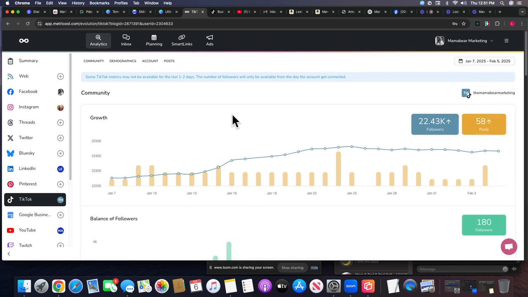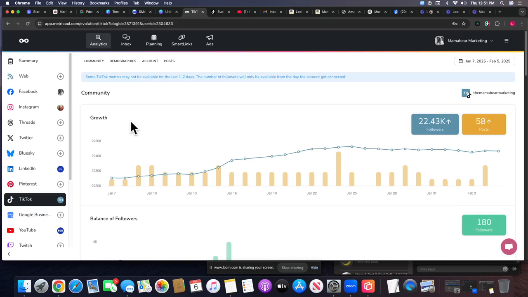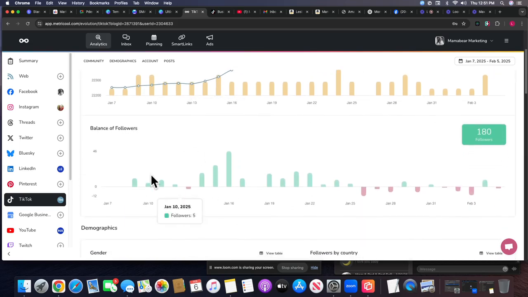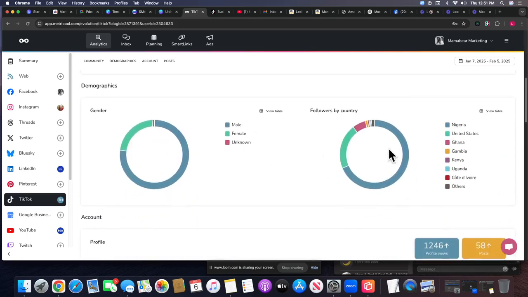So that being said, when you're looking at your data, you really need to start analyzing it. Look, I've grown 177 followers, right? I've got 8 new posts. So my posts are going up again, right? This is showing you growth. Okay. And then it's going to show you your balance of followers. Okay.